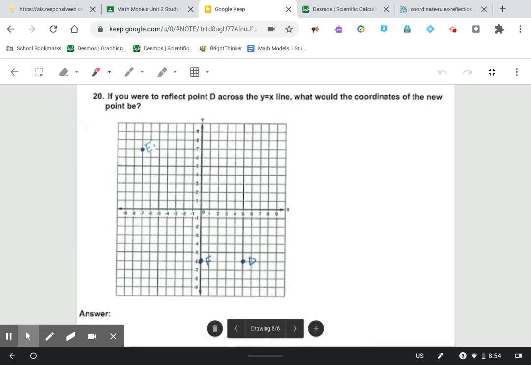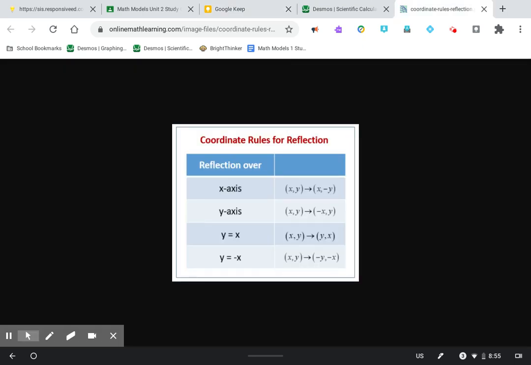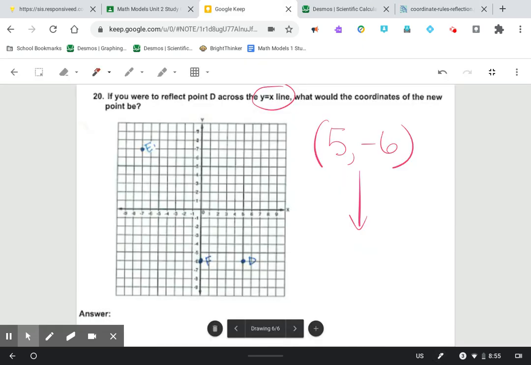Now we're doing point D again. This time we're reflecting D across the y = x line. That's going to be important. So D again is 5, -6. And we're going to change it. So the y = x line, make sure I'm right about this, that's right here. And it says that we need to just switch the y and the x. Don't need to change the signs, just switch them. So that literally means that this becomes